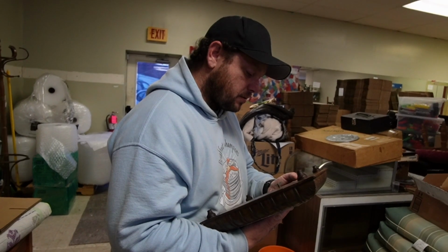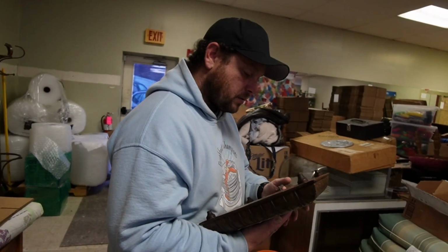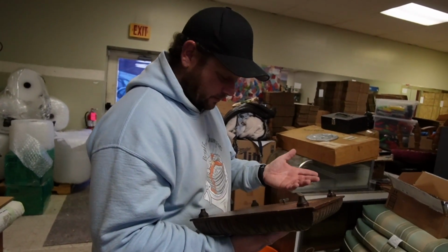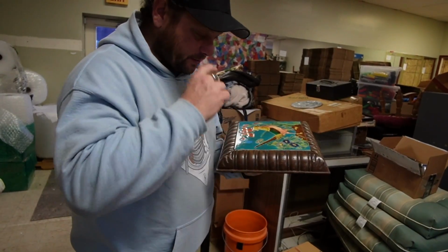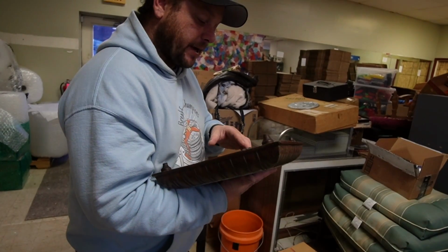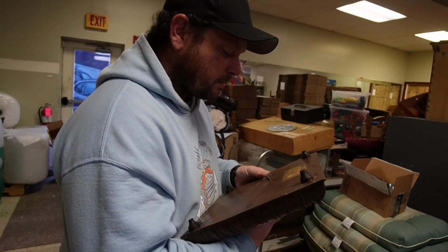Don't list this yet. I need to figure out what this says. I've already researched it. And what'd you find? It's an old music box. Obviously, of course it's an old music box, but... It's French. That's what I was going to say. That's what it looks like. Yeah, the maker of the tile is, I